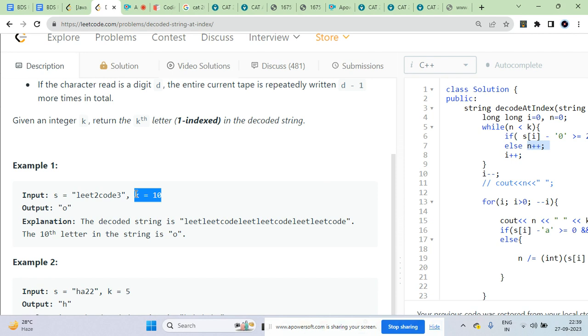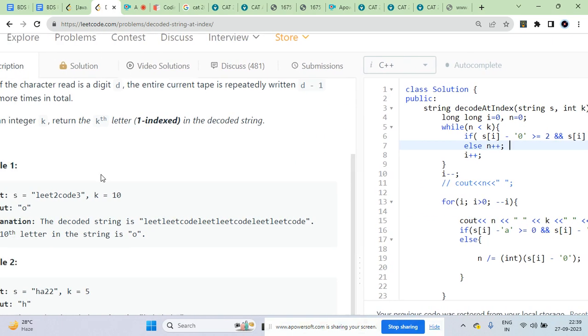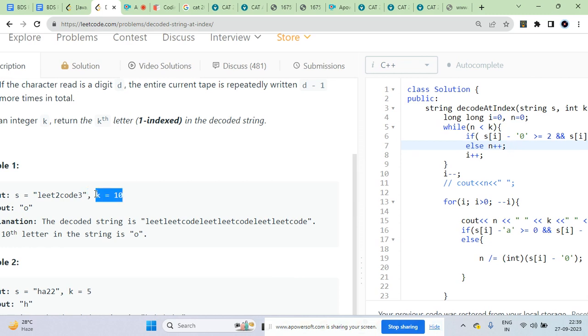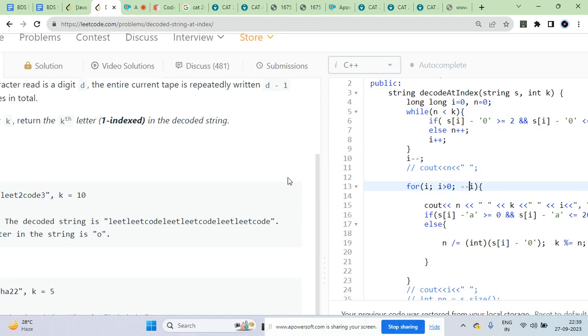So during our way, if it's a character, we increment your window, or your current tape, by one. If it is an integer, you increment by multiplying by that number. So this is your current tape length, and when it becomes greater than k, if it is equal to k that's a separate thing, but if it is no longer lesser than k, then you come here and try to find out, okay, I know that either I am standing on that,